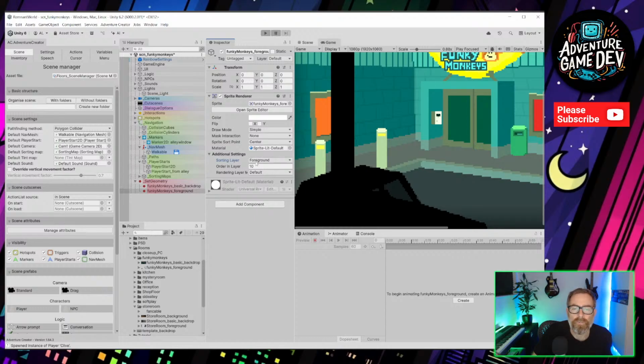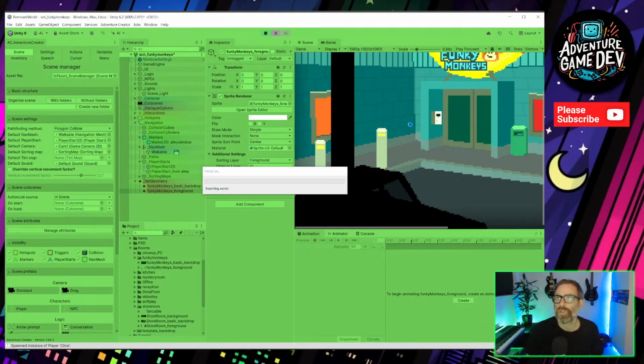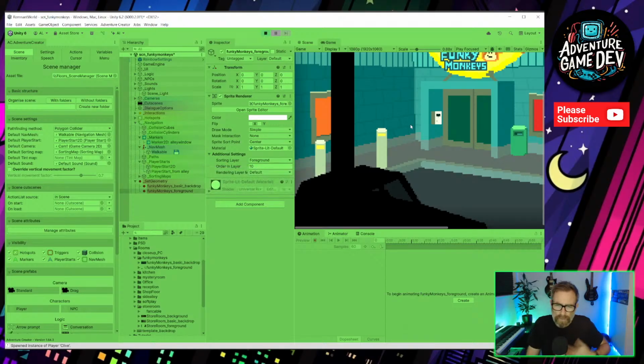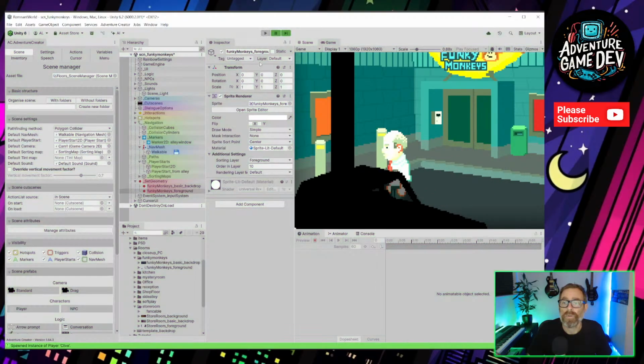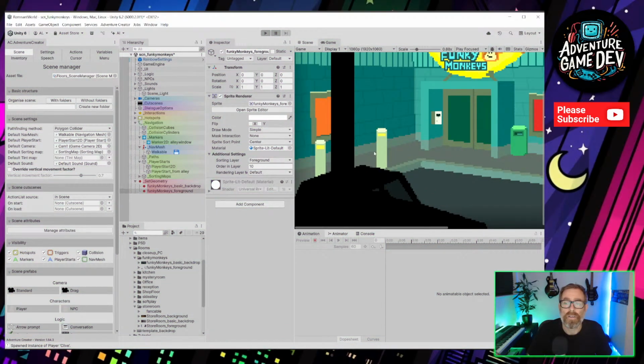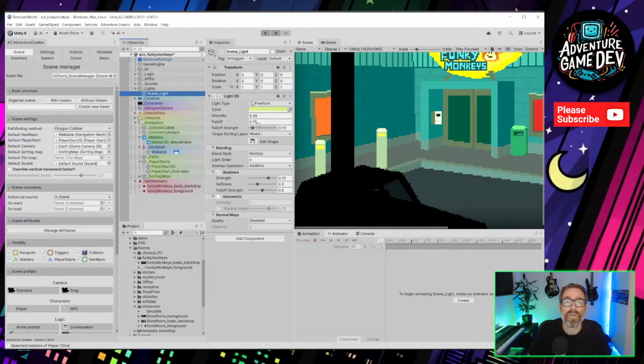Okay. So, we're learning as we go. So is this still behind? I know it's super bright at the moment, but it might be able to effectively use different lights. Yeah, so it's still sorting in the correct order. So we're going to be able to have a light to light the scene, which is what we've got here, this scene light.